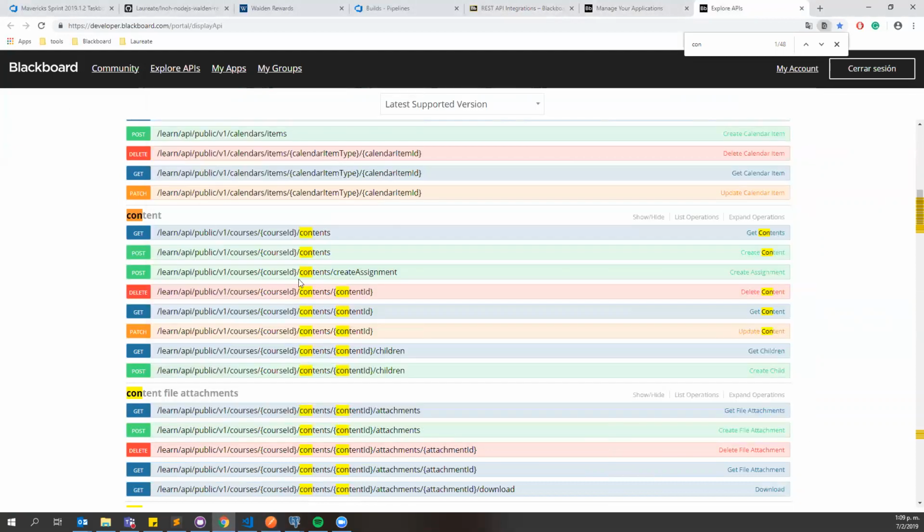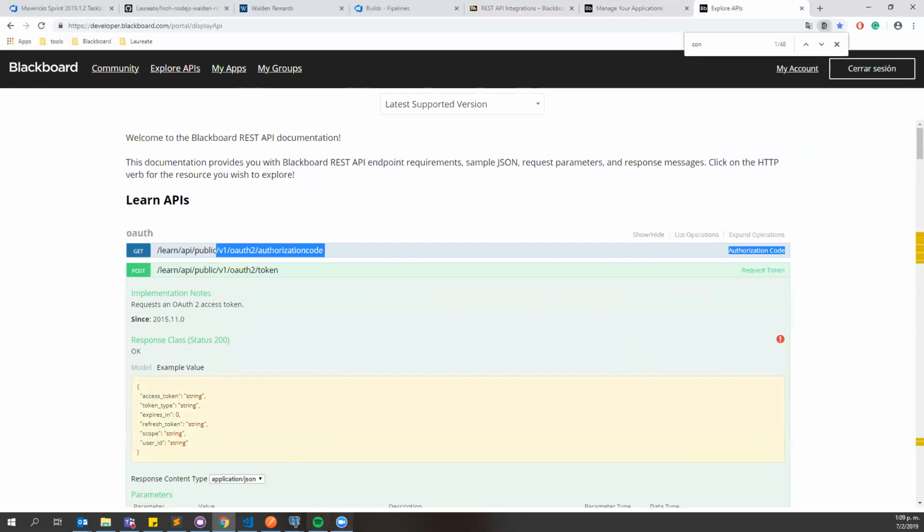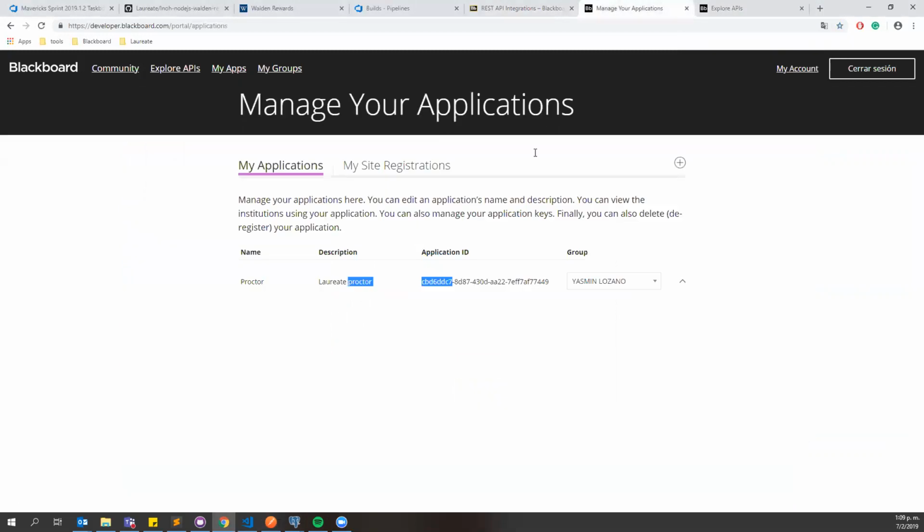This access token URL is the first endpoint here, this token. You add it here, and the client ID and the client secret. These two are the other two numbers that it gives, the 3 hashes, because here when you create a project you will have three